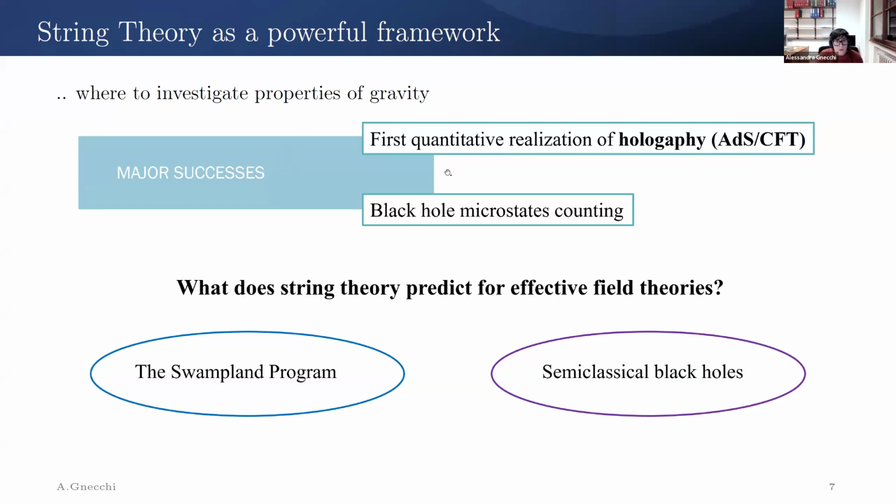And this was a first important result that then has paved the way to many studies of how much can we push this duality between gravity and a conformal field theory, or better, how much can we reconstruct the full gravitational universe from properties of the conformal field theory. How can we understand black hole evaporation, black hole dynamics, using properties of the conformal field theory? And so there are many programs going on interested in this direction. At the level of specifically black hole properties,